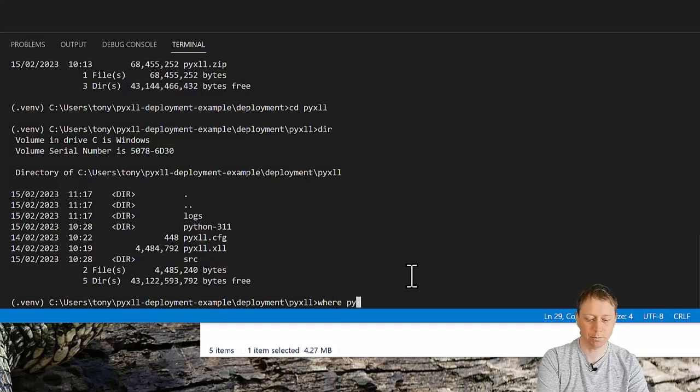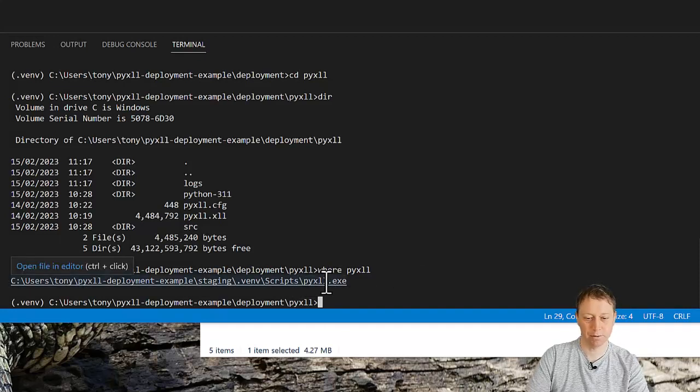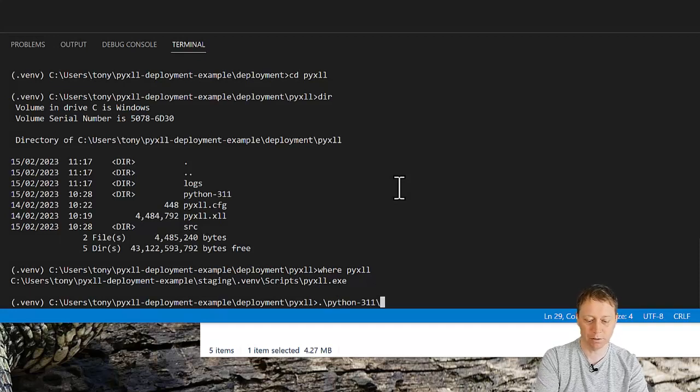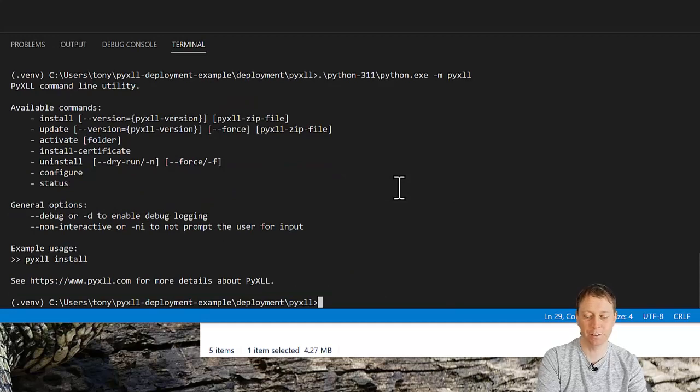Just to show you, if I type where pyxll, this will show me that if I was just to run pyxll, it would run it from this VM. So that's not what I want. I want to run it from this Python 3.11 folder in my deployment package. So to do that, I'll run python.exe for my deployed one, -m pyxll, and that will run that pre-installed PyXLL wheel that's in the deployed Python environment. And I'll use this activate command,